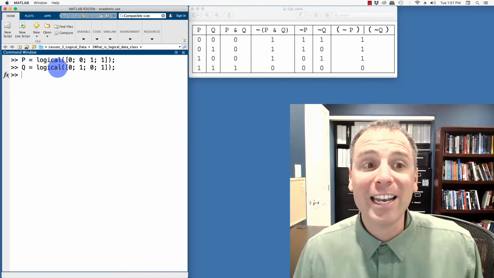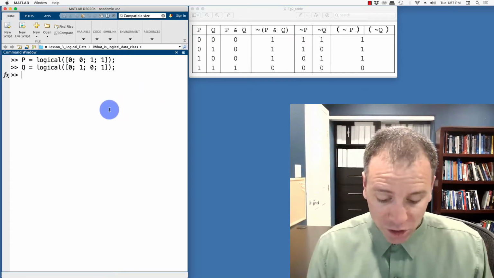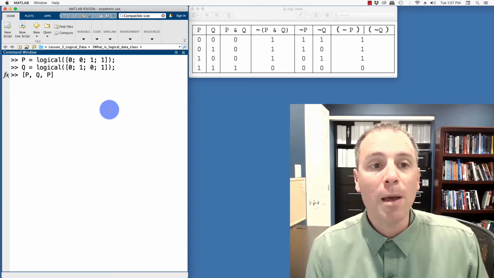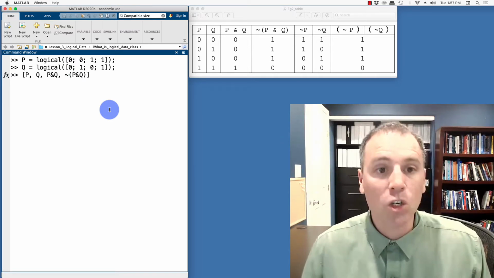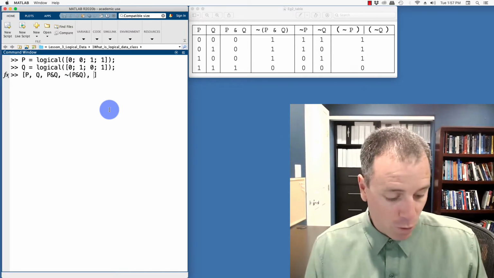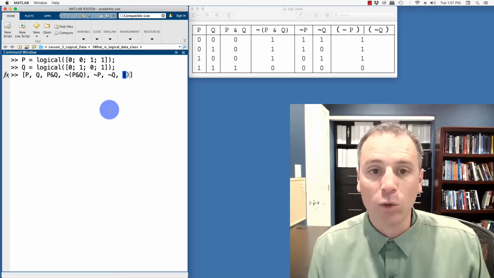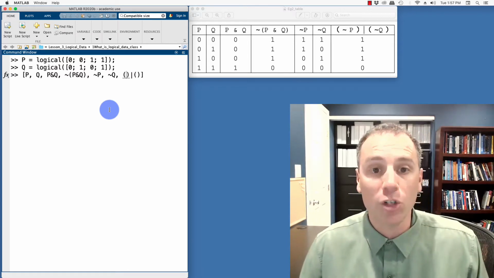Of course, we could check that in MATLAB. Let's go ahead and create the P and Q columns. We could actually create this entire matrix just like we've done before. P, Q, P and Q. Then let's take not (P and Q), which is the NAND operation. Then we'll actually do not P. Then we'll do not Q. And then finally, we'll test this little OR operation on both of those for an equivalent version of NAND.